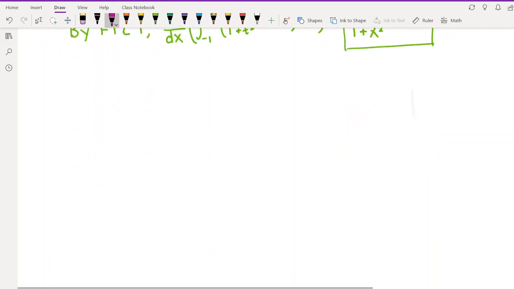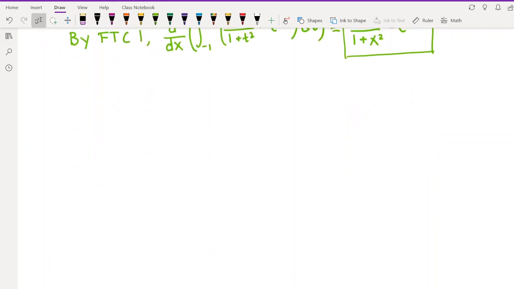Okay, so the next thing I want to talk about is a certain style of FTC1 question where we have to actually use the chain rule. Before we get into that, I just want to remind you what the chain rule is, so that when we encounter it in the context of these FTC problems, you'll be able to connect it to what you learned in Calc 1. So, reminder,